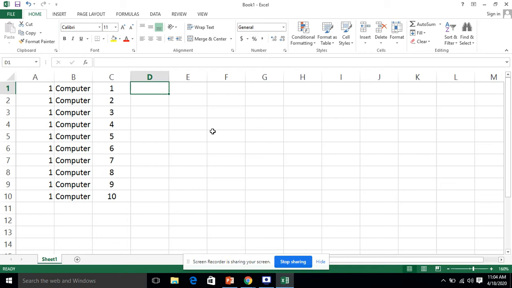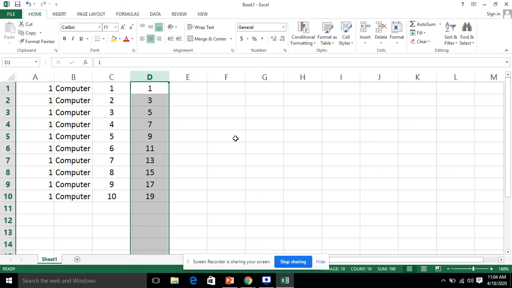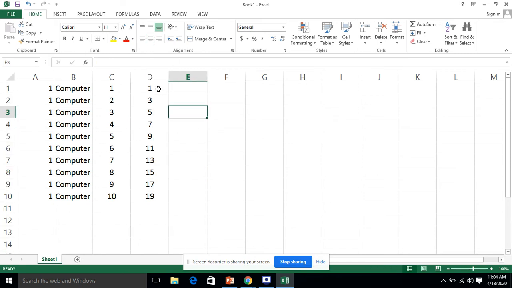Let's suppose I say 1, then 3 should come. Now the difference is 2, meaning odd numbers will be generated. Now if I drag it down, you can see 1, then 3, then 5, then 7. So Excel understood that the difference between 1 and 3 is 2. So Excel added 2 in the next term, then added 2 in the next term, then added 2 in the next term to generate the next value. So in the next cells, we have got the values according to the common difference in the very first two values that we gave in the first two cells.